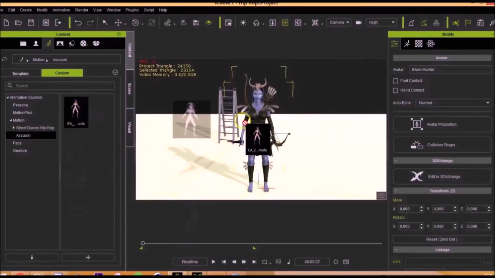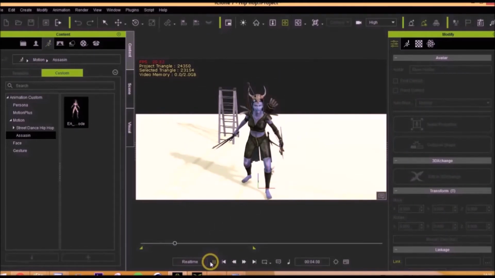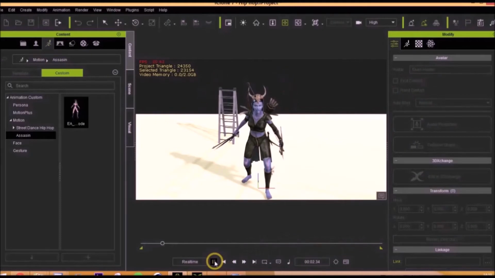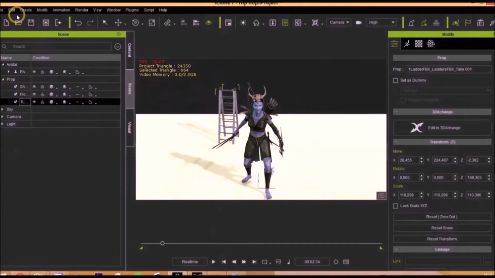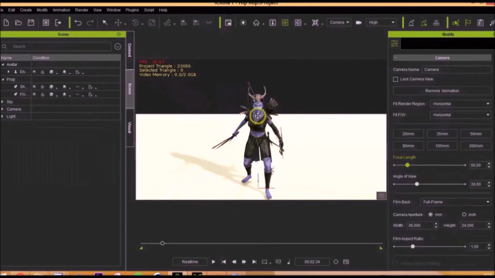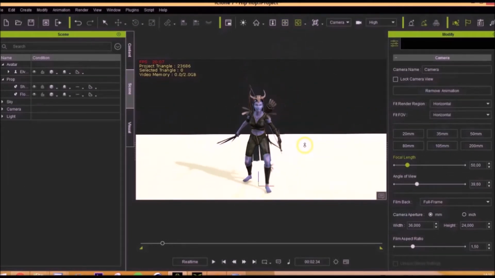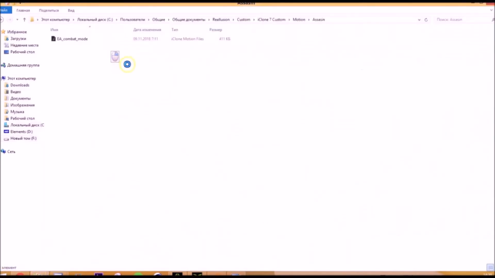In it, the custom subsection of the iClone program file. However, you may need administrator rights to add the file. Let's create a separate folder, name it, for example, Assassin, and move our first checked movement file copied there. Now we return to the iClone 7 program, open the custom subsection in the motion section, and find our copied motion file. We transfer this motion file by simply dragging the mouse over the checker.